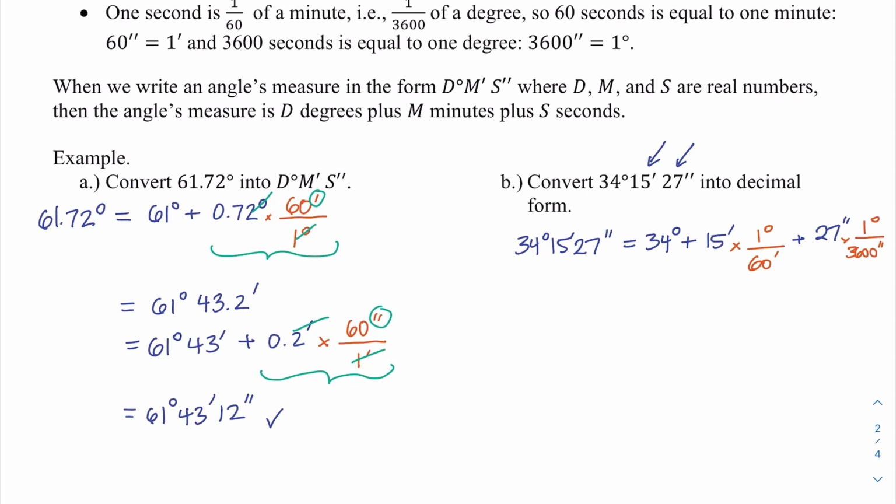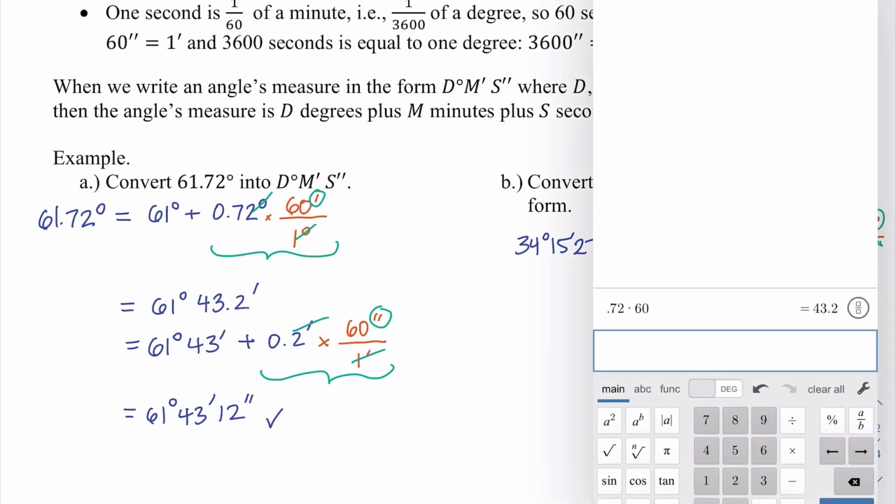So let's check out our units. This is in degrees. I'm going to add that to, degree wins out, that's good. And then add that to the seconds cancel. So these are both seconds, these cancel, and just left with degree. So I have degree plus degree plus degree, so all my terms are going to work out. So let's see what I get on a fresh line. I get 34 degrees plus 15 over 60, that just gives me 0.25, and again, this is degrees, so I want that degree symbol on each piece, and then 27 over 3,600,